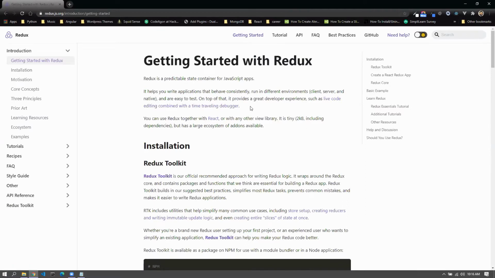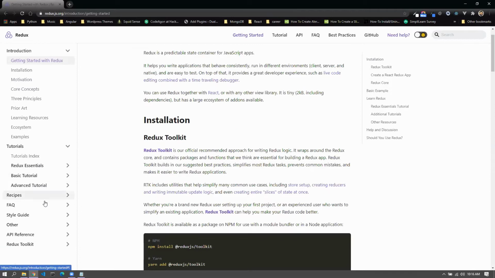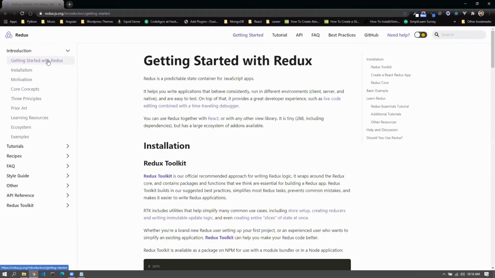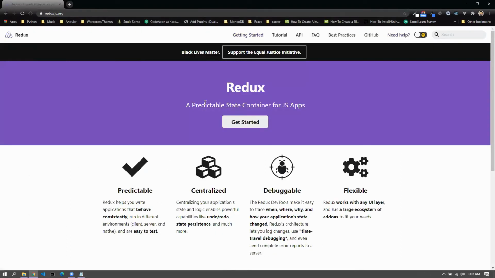It is available as a text, and also there are video tutorials, I guess, or maybe not, but somewhere around I saw that there were video tutorials as well. But this is a very beautiful tutorial that Redux has provided to us. So I would suggest that you go through this. But if we go through the website, the definition of Redux is this: it's a predictable state container for React.js